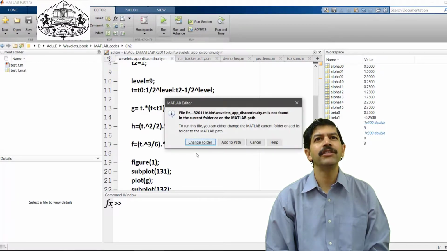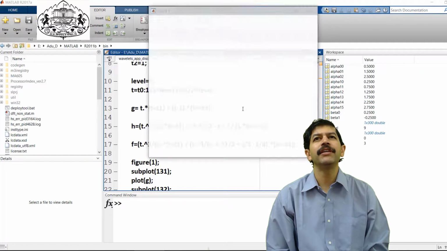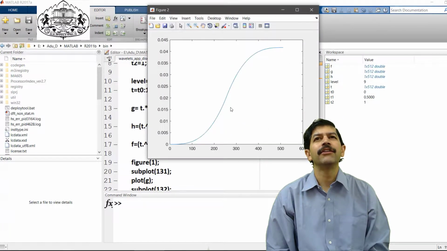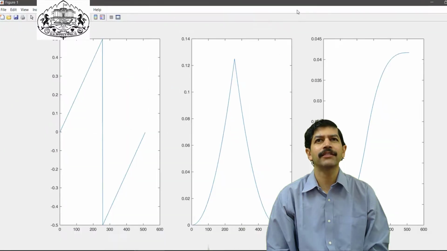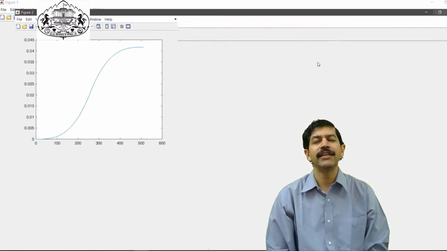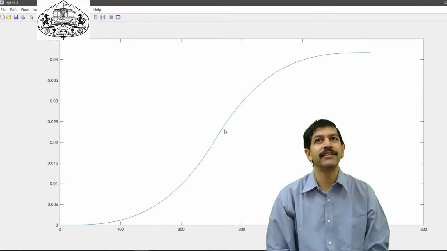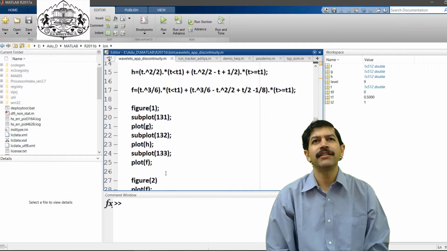So let's see how these signals typically look. As can be seen, the first signal has a clear-cut discontinuity, the second one has a cusp discontinuity, and the third one looks so smooth to the naked eye, and there is that hidden discontinuity which is not visible to the naked eye. And let's save this signal as